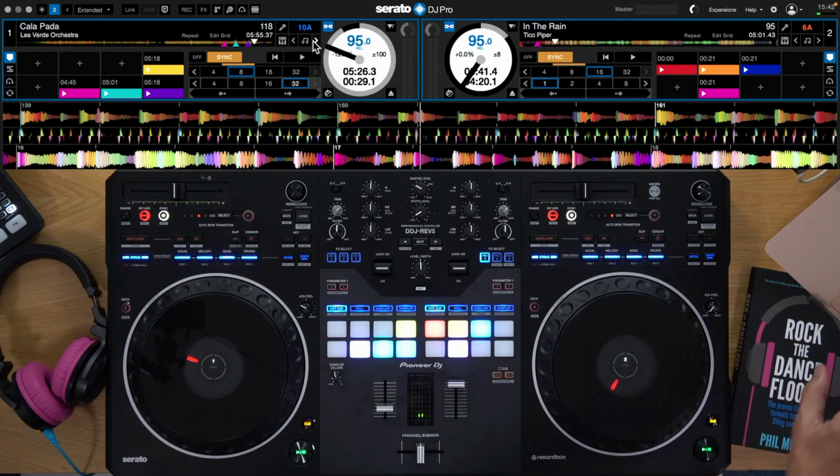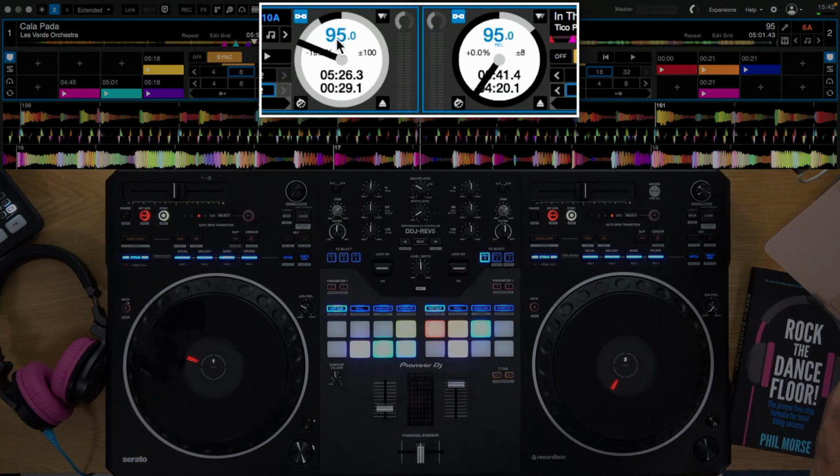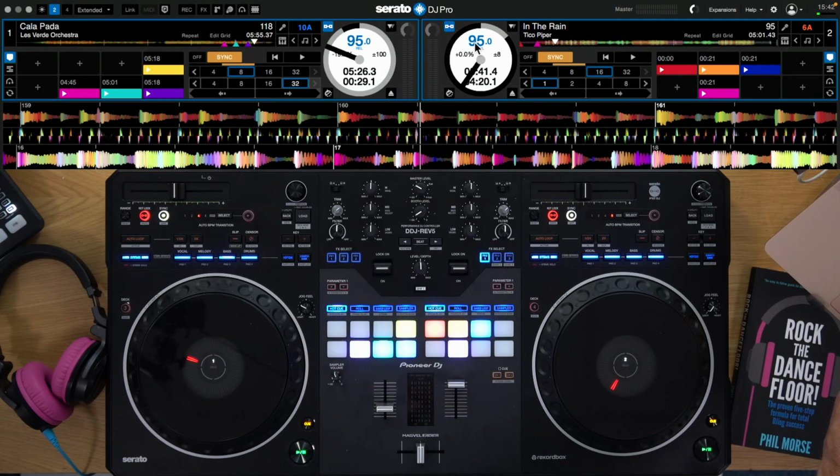So did you notice that? Here at the top of the screen, both tempos are now exactly the same, but throughout that transition, they were the same as well. So when this one was at its original 118, this was at 118. When this had gone down to 110, this was at 110, and so on. It was doing a straight, clean BPM change between the two of them simultaneously without me having to touch anything